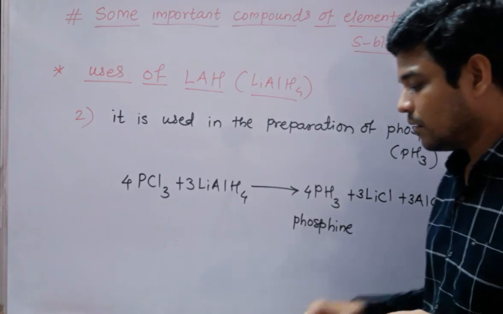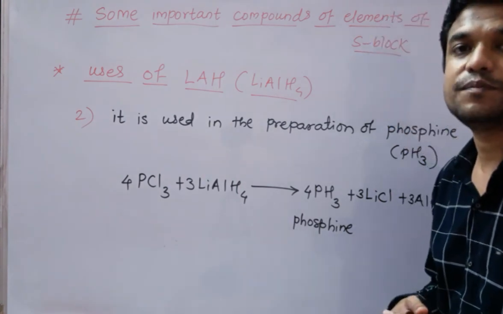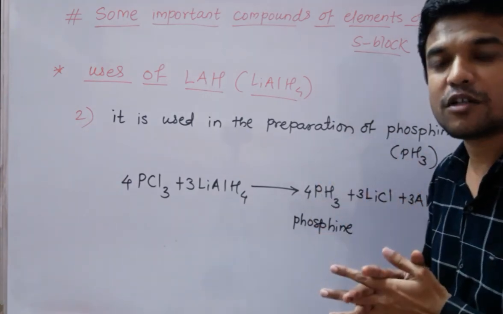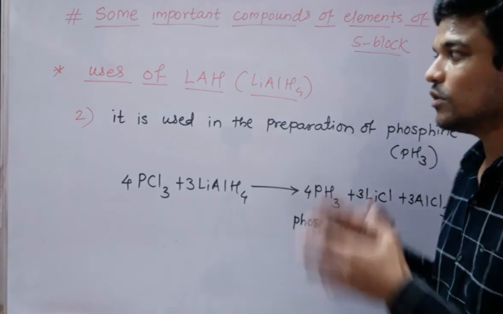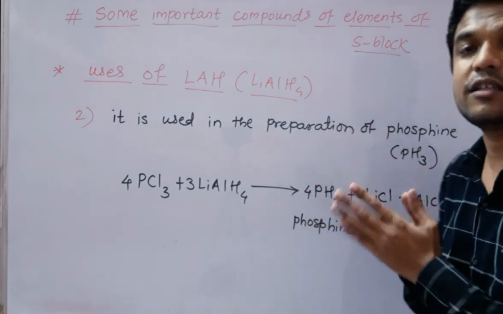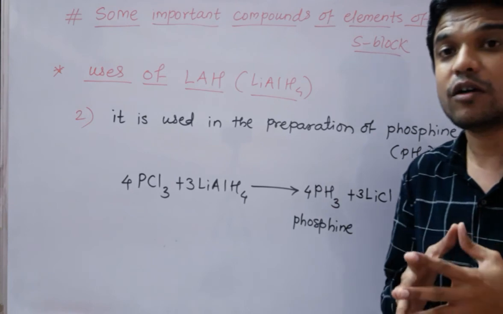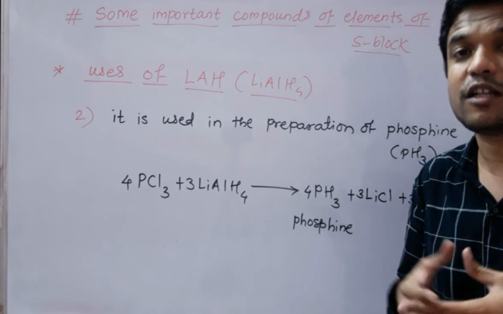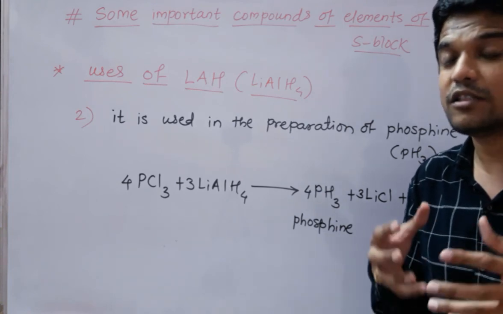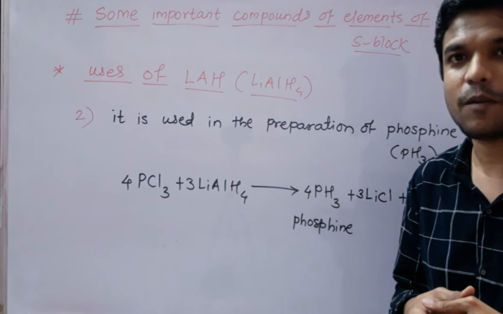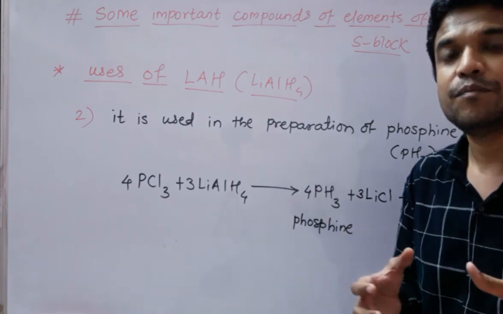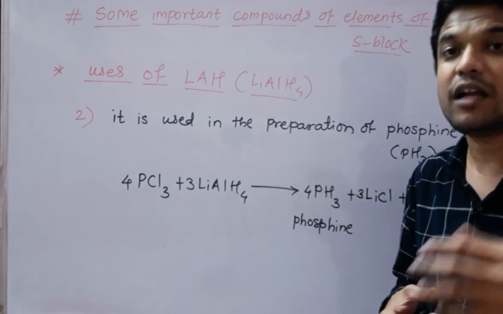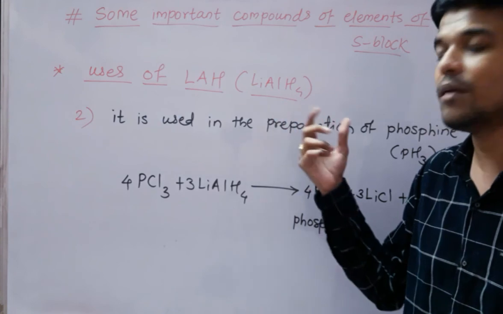So these are the preparation, properties and uses of lithium aluminum hydride. Okay, hope you understood this. So this compound lithium aluminum hydride is also a very important compound, friends, because it is used in organic synthesis. It is used as an organic reagent also. It's a complex compound and it's very useful in organic synthesis. Okay, so in this way we have studied the preparation of lithium aluminum hydride, then its properties, physical as well as chemical, and uses of this lithium aluminum hydride.